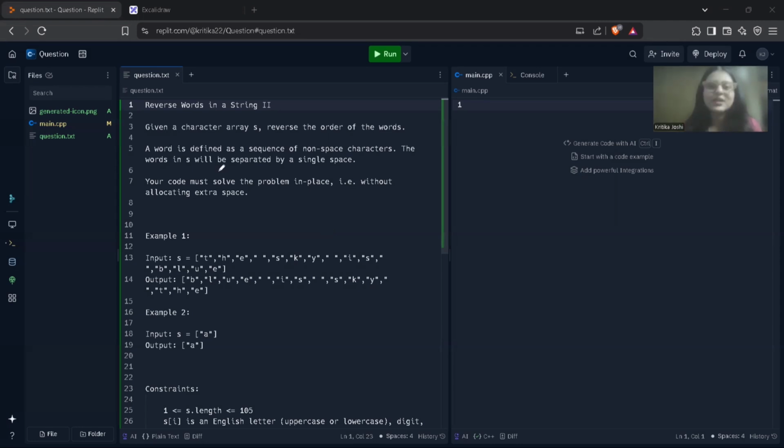So today we'll be solving another very interesting problem, which is called the reverse words in a string 2 problem. This problem is another premium problem, by the way, and we have been solving a lot of premium problems